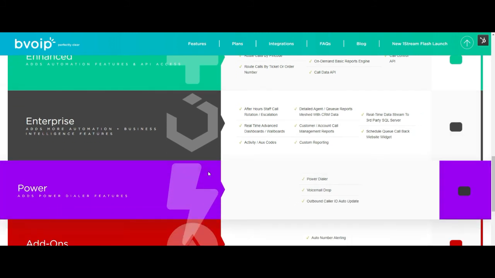Lastly, in our power tier, this is effectively a progressive dialer, right? You would import a campaign or a list of numbers that you're trying to dial, associate the agents or extensions that will be dialing on that campaign, and this is the solution that allows you to rapidly go through those, update records as you're going along automatically, do a voicemail drop, right? So you can pre-record voicemails because you're going to hit a lot of them usually, so you don't have to say the same voicemail over and over again.